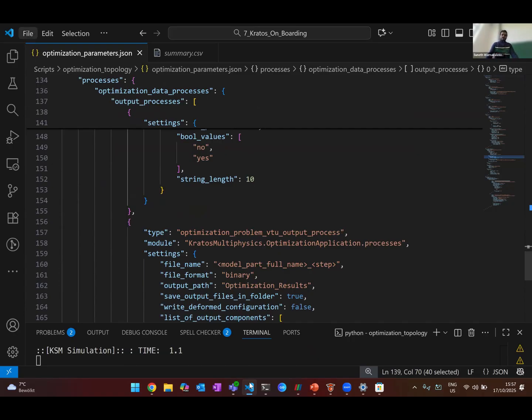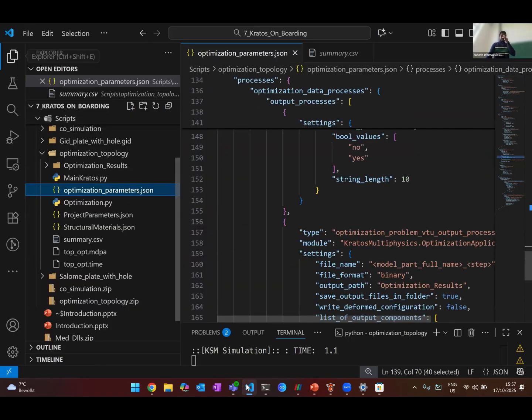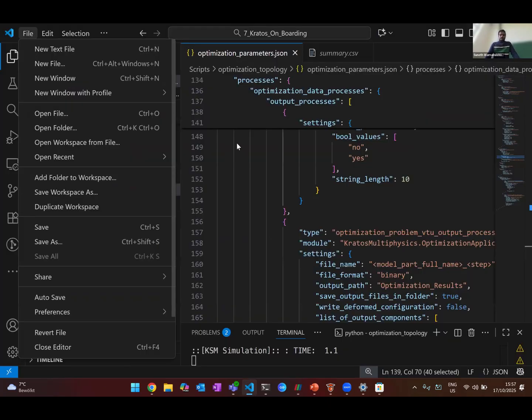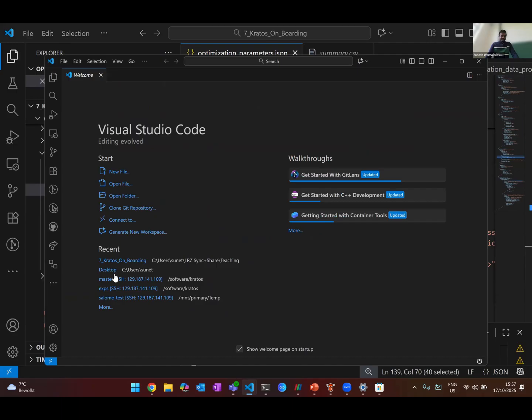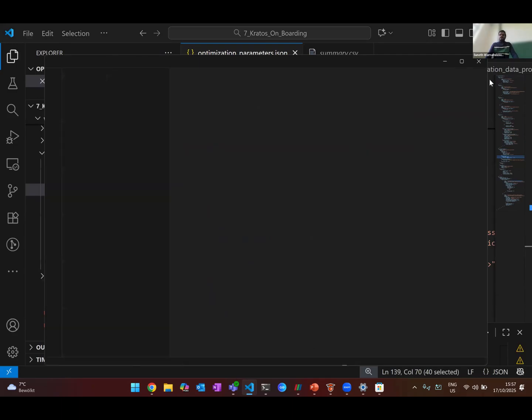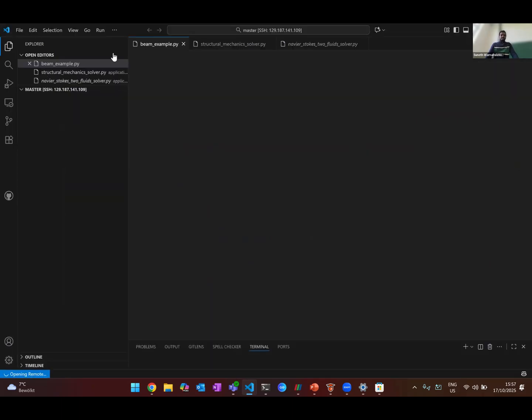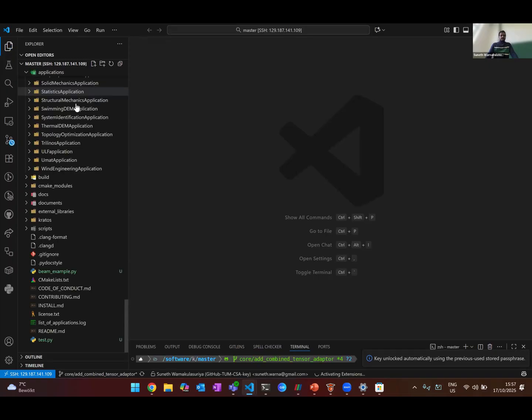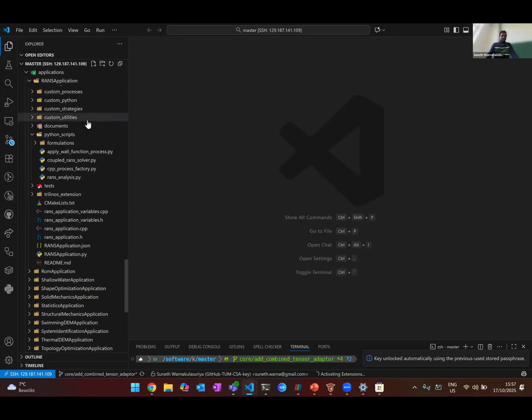So if you look at optimization application, I can show. I closed it. New window. Yeah, let's go to master. Yeah, so